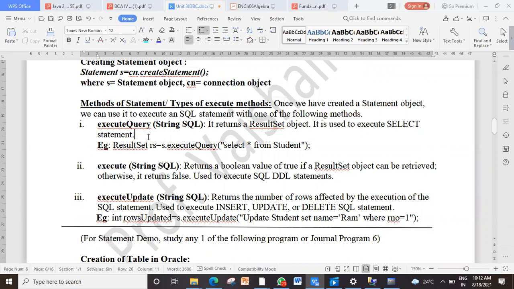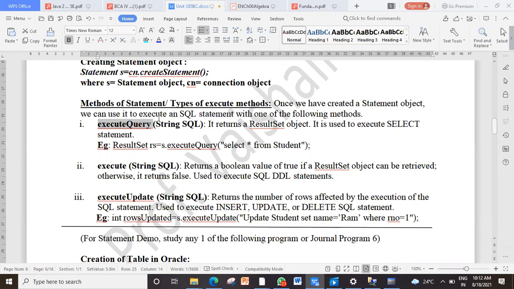So when you have to execute a select query, which outputs in the form of a result set table. Clear? Like select star from student or select name, city from student. Such SQL statements, when you execute, you get the output in the form of a result set. So when such queries have to be executed, which method do you use? Execute query.